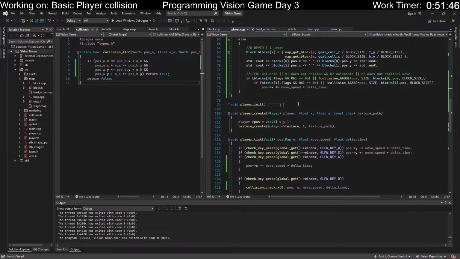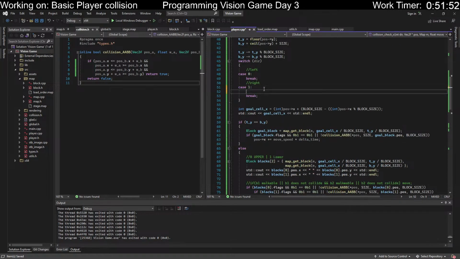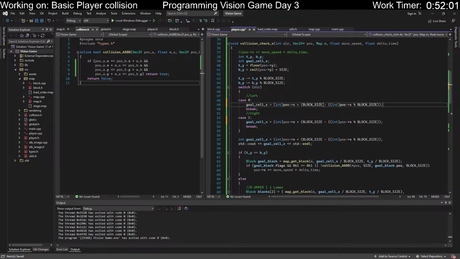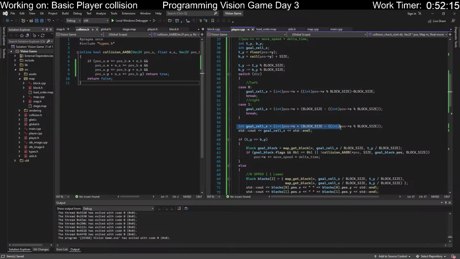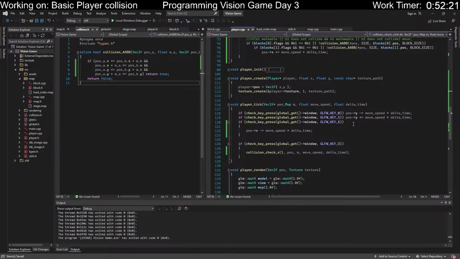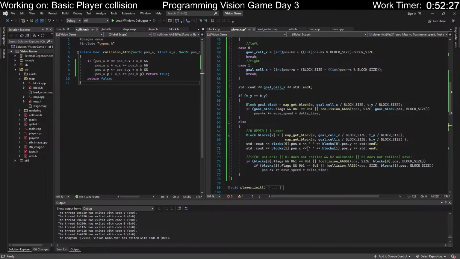So let's change this to 1. And then for case 1, we do this. And then for the case when we want to look left, we change that, and then instead of doing that, we will minus by block size. And then delete that. And then now, theoretically, if we just go down here and say that, oh wait, and then